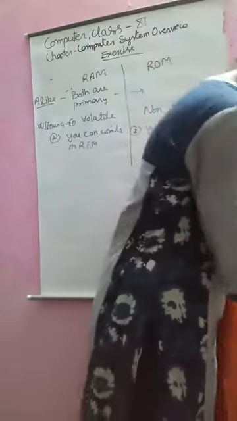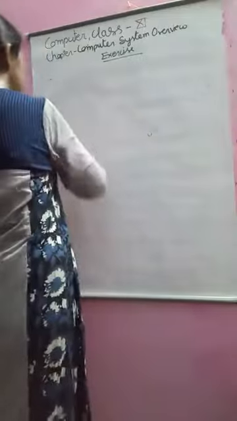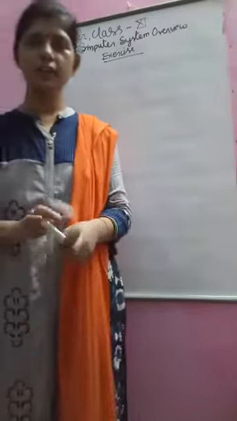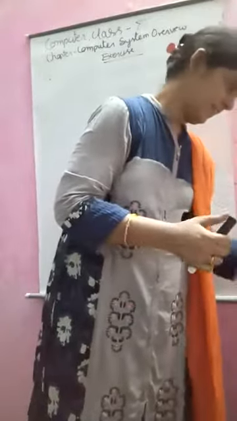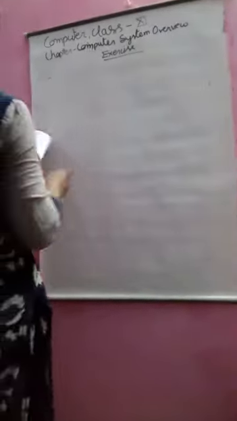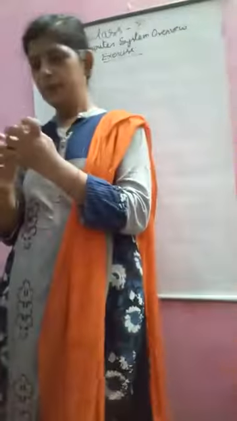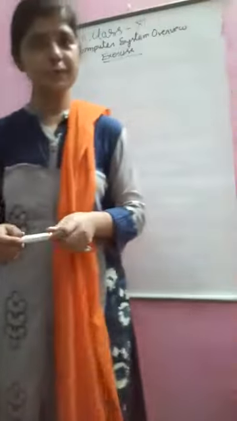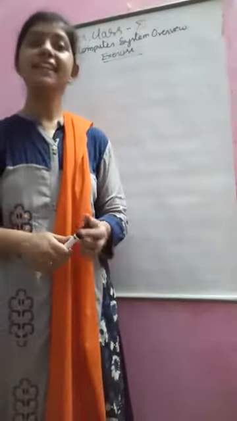What is the system software? The next question is, what is the system software? In your chapter, there is the mobile system, but currently this is not in your course. Now, question number 20. What is the system software? Software is a program, instructions, lines of code. System software is a program which is related to the computer hardware.